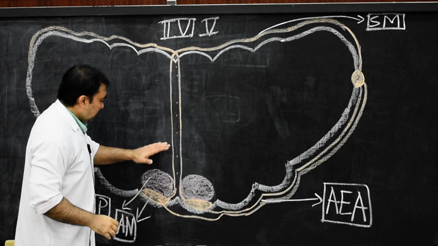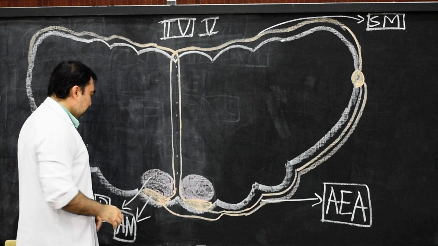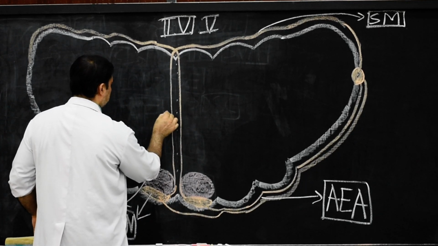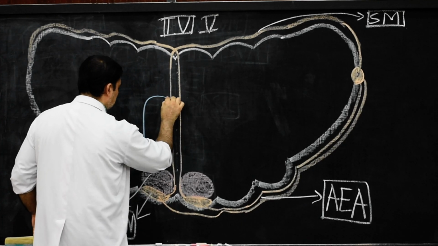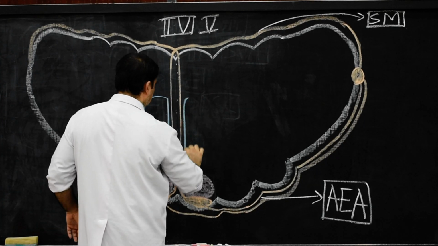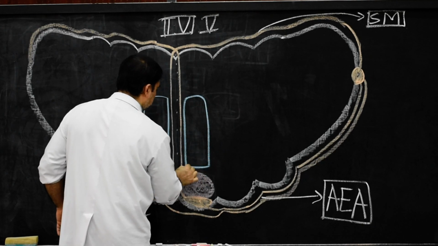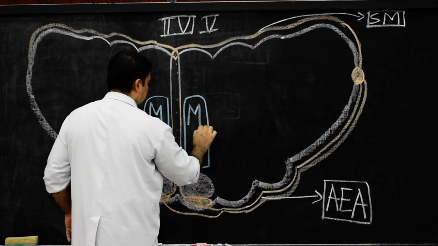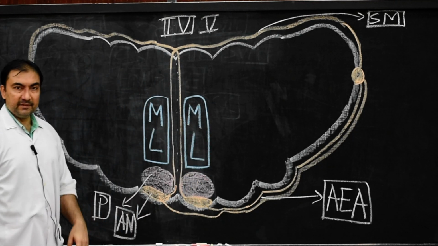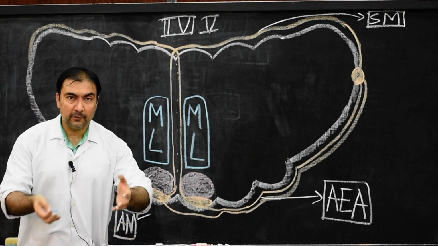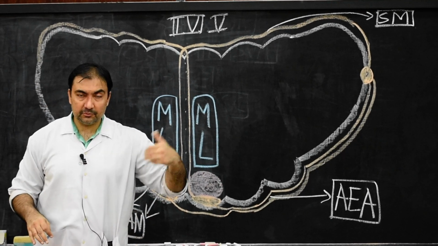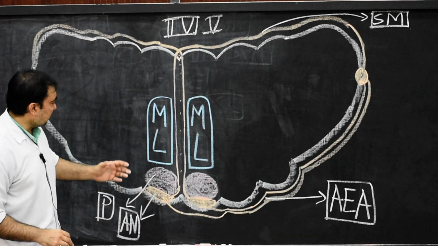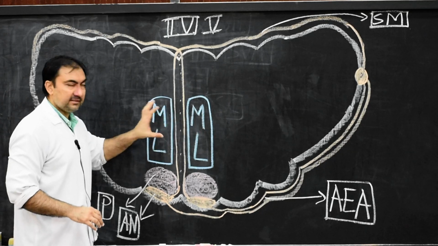Now, ventral to dorsal: arcuate nucleus, pyramid. Immediately dorsal to the pyramids, we will draw what we had drawn previously. We are going to draw these two rectangular blocks, and these two rectangular blocks will represent the medial lemniscus. This is the medial lemniscus. At what level was this medial lemniscus formed? At the mid-level, previous to this segment, that is the sensory decussation. So the medial lemniscus is nothing but the fibers of fasciculus gracilis and cuneatus.